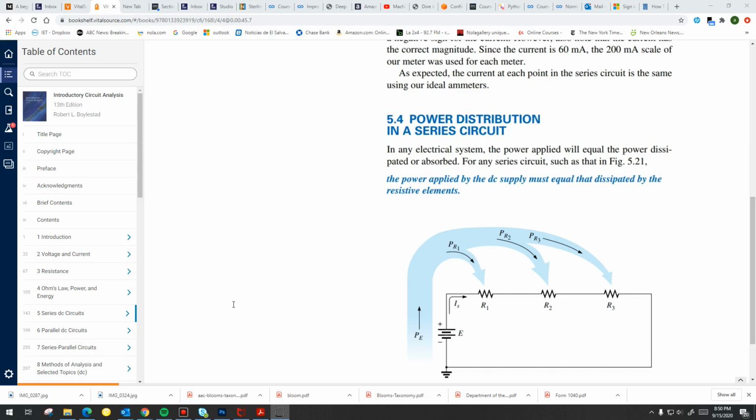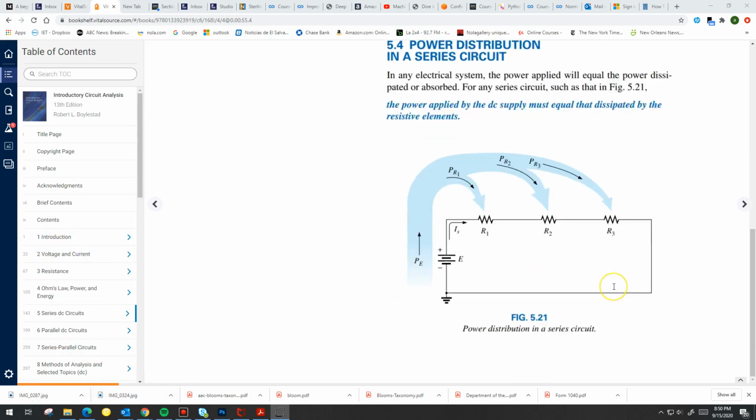But when we have elements in series, like the resistors we have been looking at so far, nothing really changes in terms of power, in terms of using the equations that we already know. It's just expanding what we already know for the use of the concept in series connected circuits. So the power applied by the DC supply must be equal to the power dissipated by the individual resistor elements. And that's coming from conservation of energy, right? Energy supplied should be equal to the energy expended